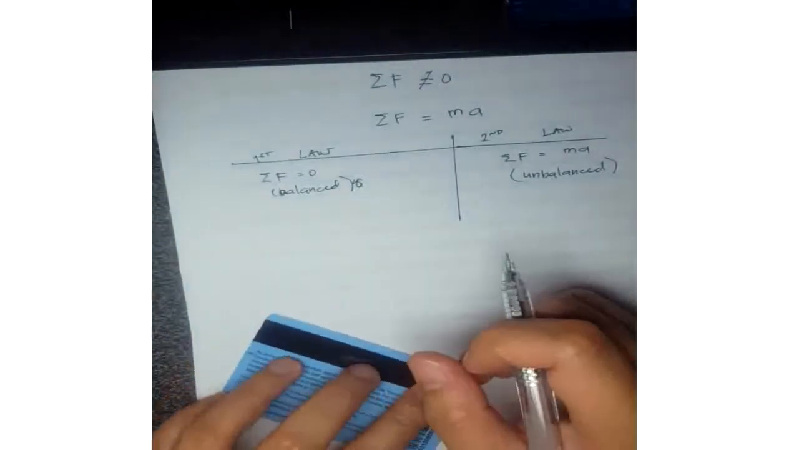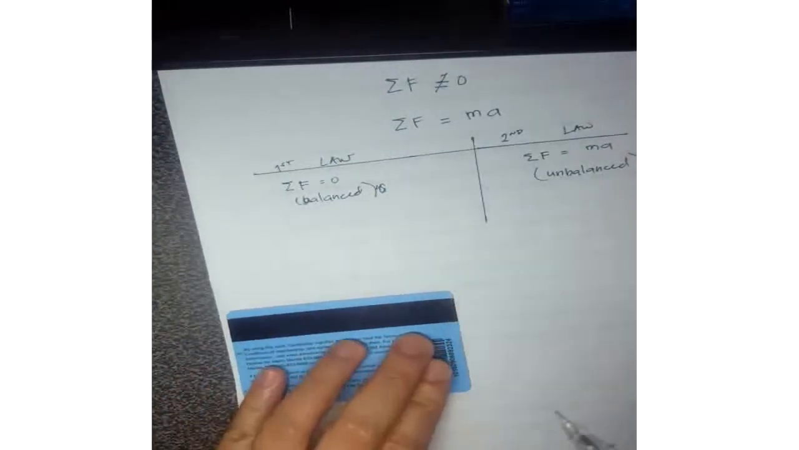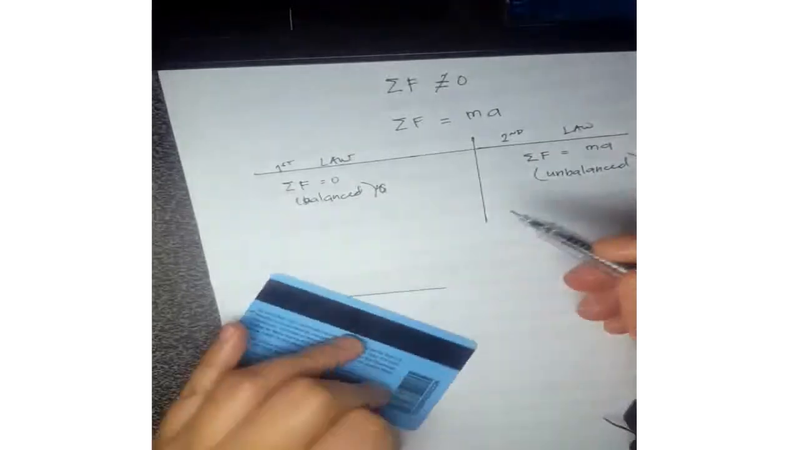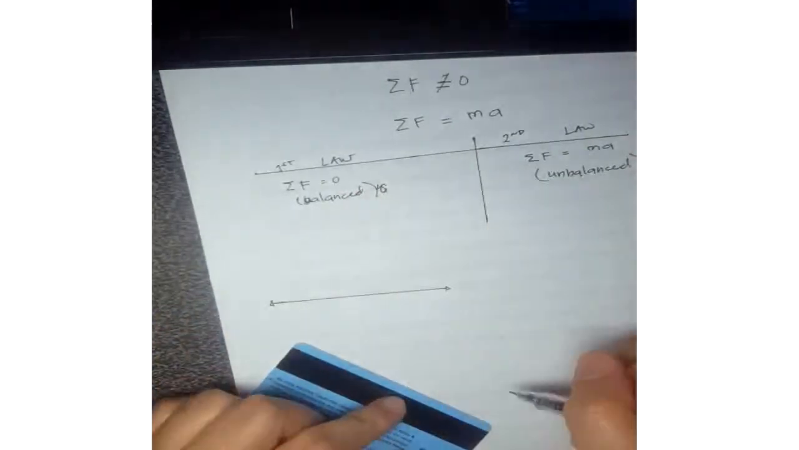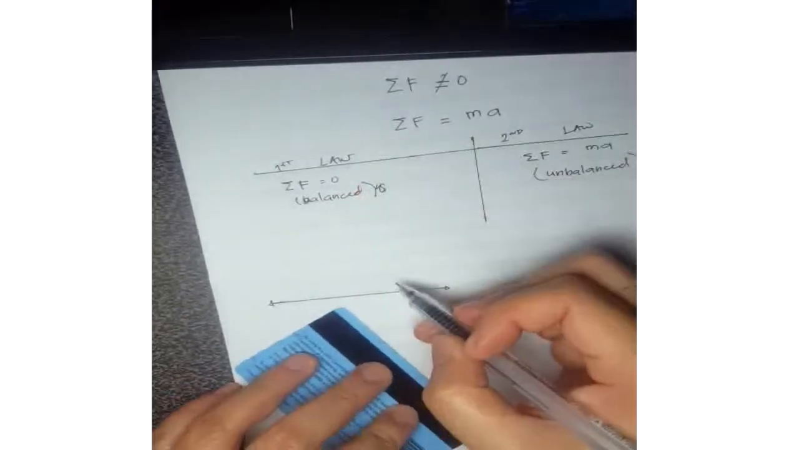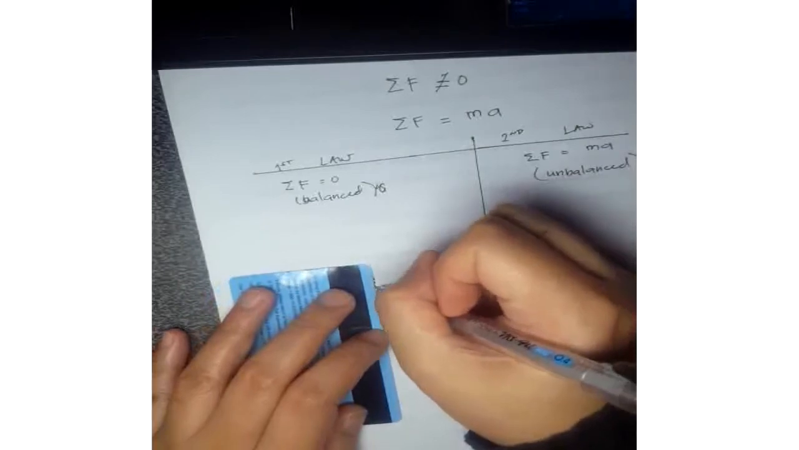In terms of graphics, let me draw some FBD here showing the forces that act on a body. So for the first law, let's say there's a box here, there's an object here,